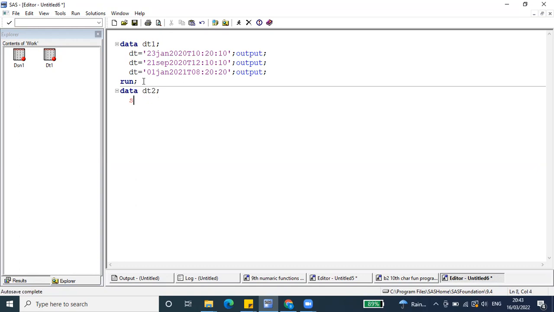DT2, set DT1. Please tell me the answer. Date part, date part, and date. Think about what I'm explaining here: the date part, date, and time are numeric functions. They will work for date and time values, but only for numeric variables,